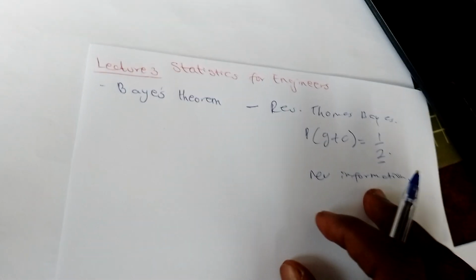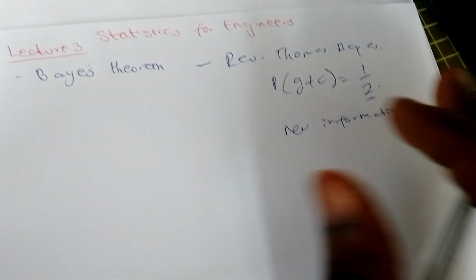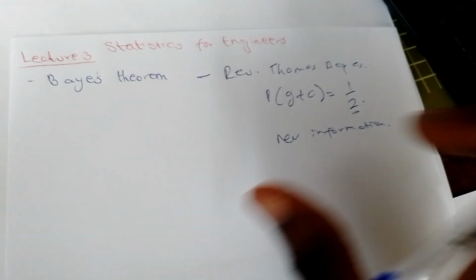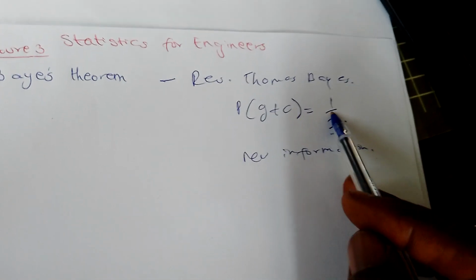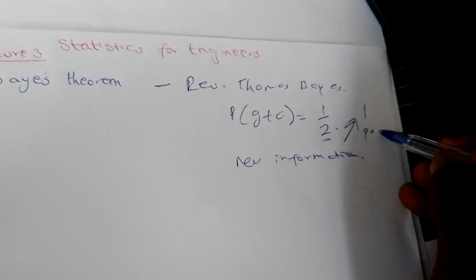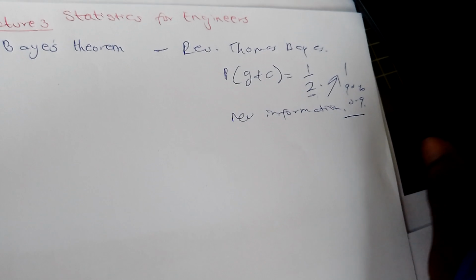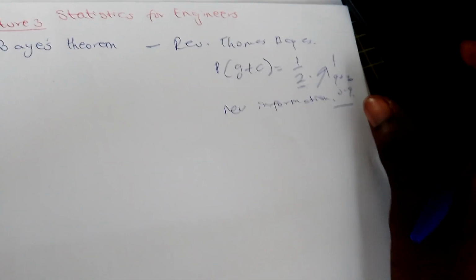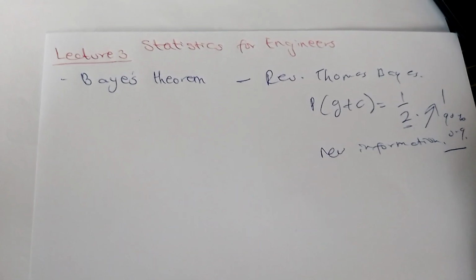So that's basically the major idea behind the Bayes theorem. When we're working with Bayes theorem, we are trying to find the effect of some new information on how something will happen. My hypothetical probability of going to class is 50%. If there's a quiz, it can jump up to 1 or maybe something like 90%, which is 0.9. That's the idea behind the Bayes theorem. Let's get more into it and see what it entails.